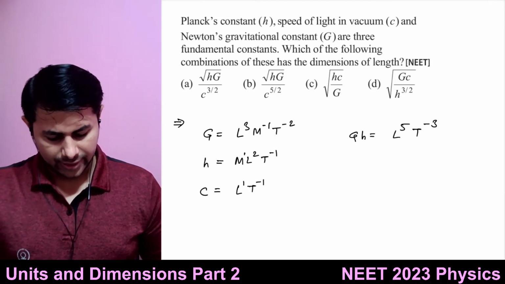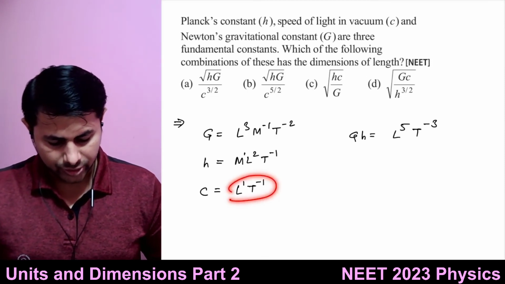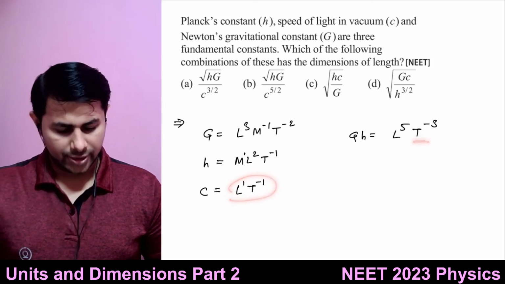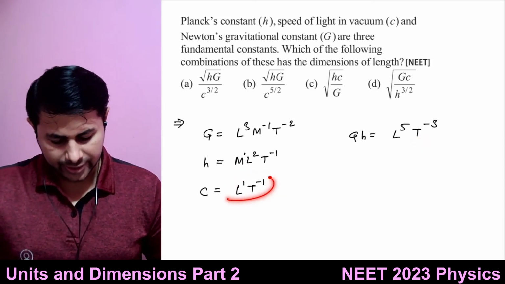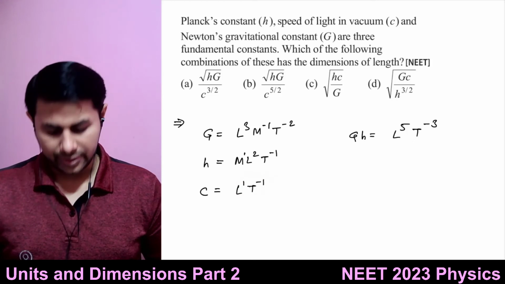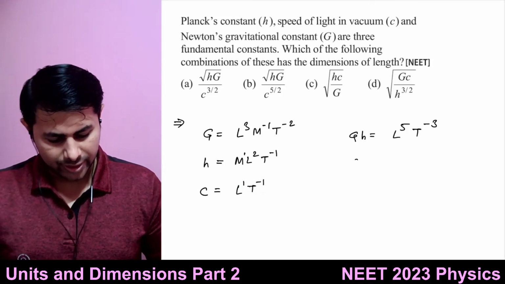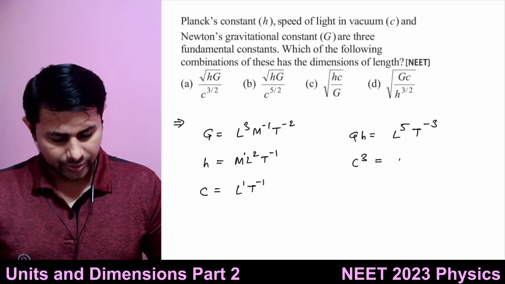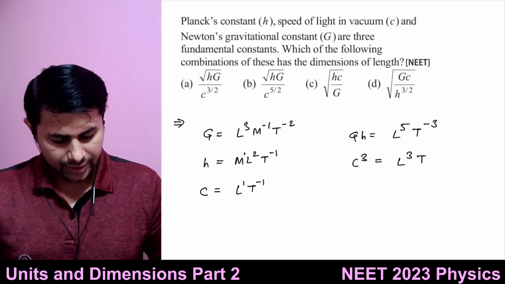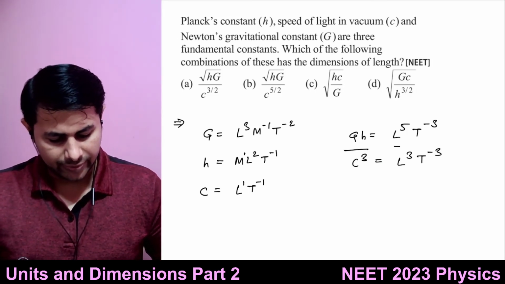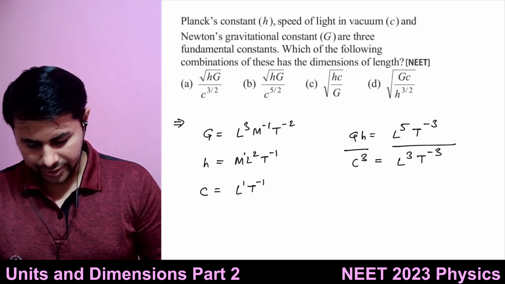Okay, and then I want length. So what should I do? I want to cancel out this t raised to minus 3. So I will raise c to the power 3. So it will be c raised to 3, t raised to minus 3, and I will divide that. So this thing gets cancelled,